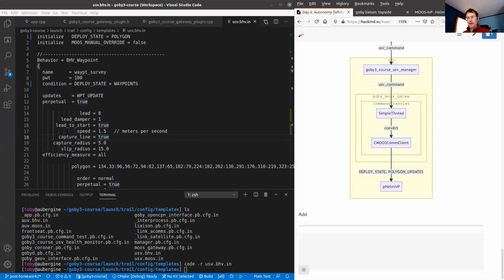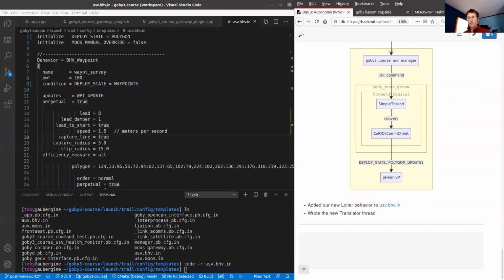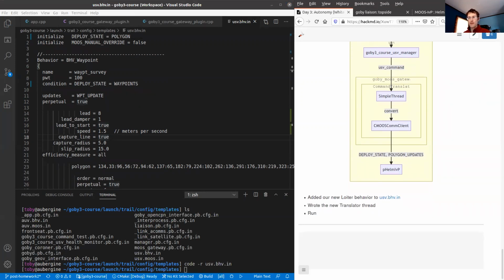We added a new loiter behavior to usv.bhv.in. We wrote the new translator thread. And so then the last thing is to, well, essentially run our new translator thread. And that'll be within Goby Moose Gateway.